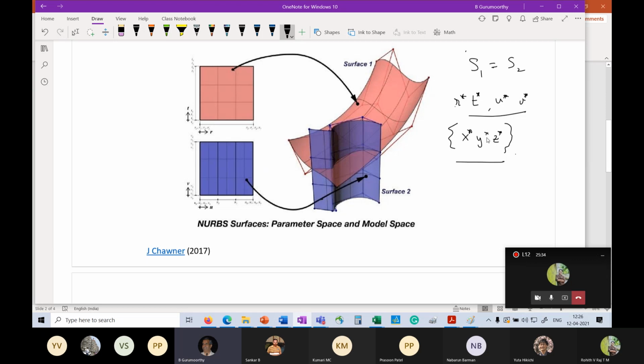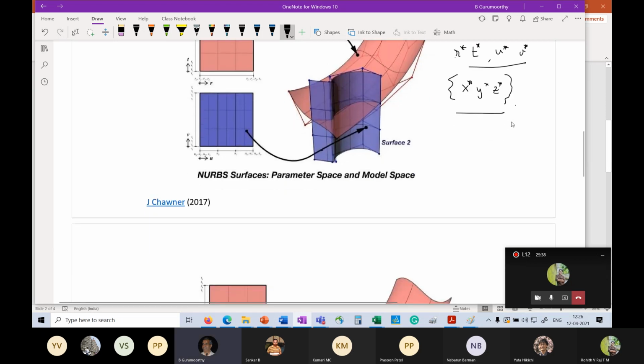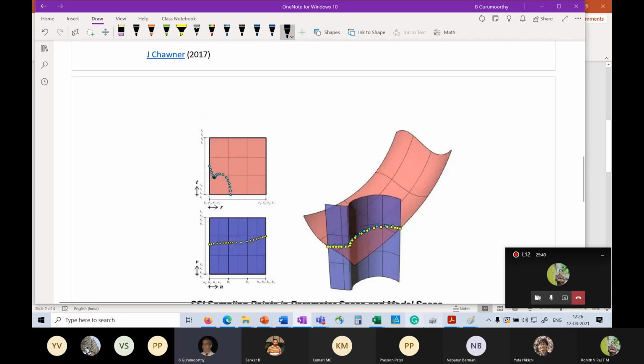And then fit a curve through that. Okay, so what that means is that I have these X star, Y star, Z stars that have been marked here, right? The yellow and the blue, they're all on the curve of intersection. Okay, but here they are in the real space and here they're in the parametric space. And the point we made was that if you fit a curve through these points, we will not get an exact solution, and therefore the curve will not lie on either surface.